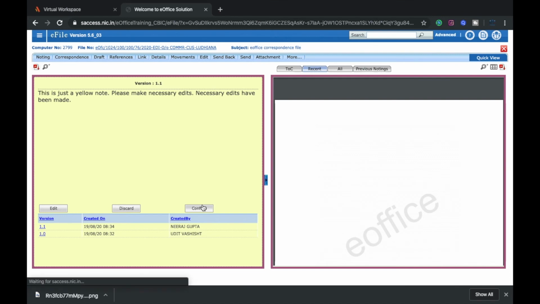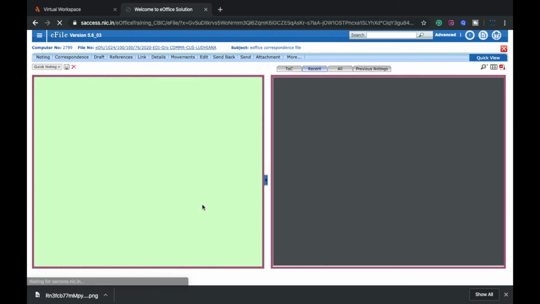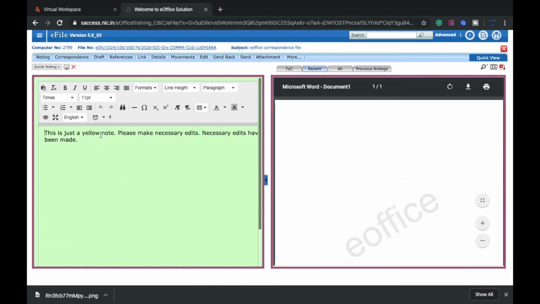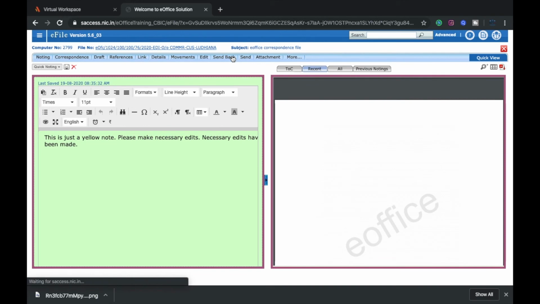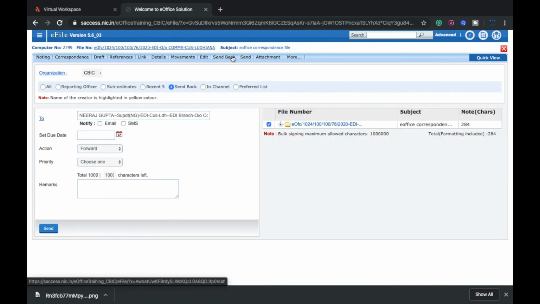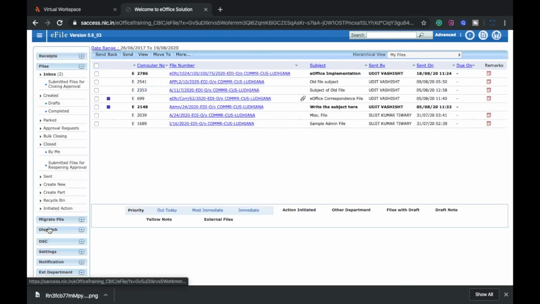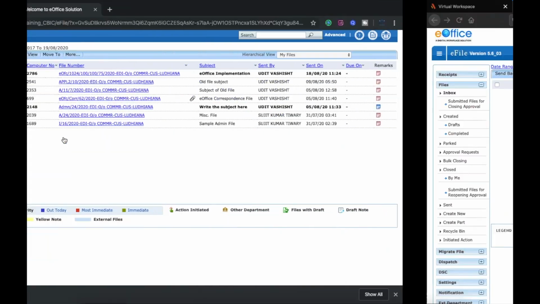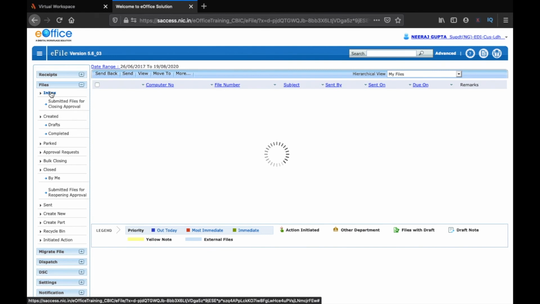So if you click on confirm, this is a yellow note, please make necessary amendment. So now it has been converted into a green note. Now I will again use the send back option, and I'll send it to the officer. Open the account of that officer. Go to inbox